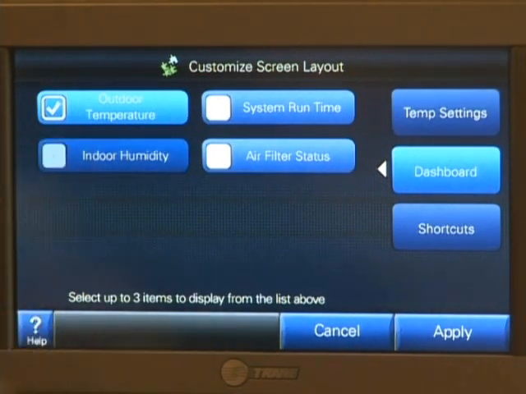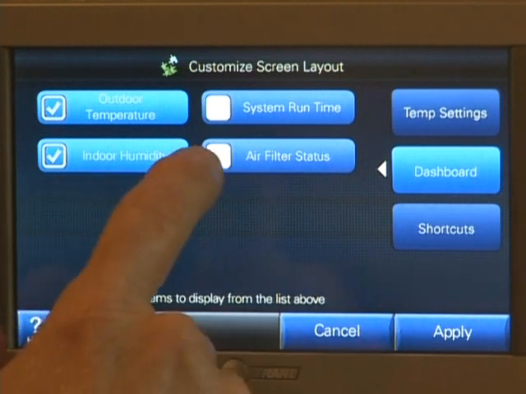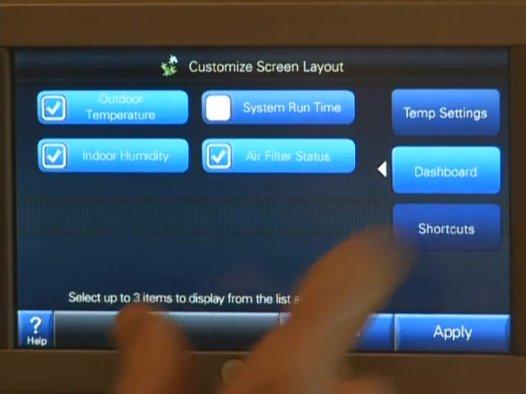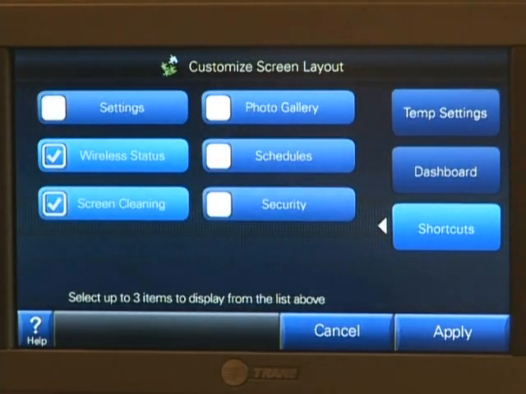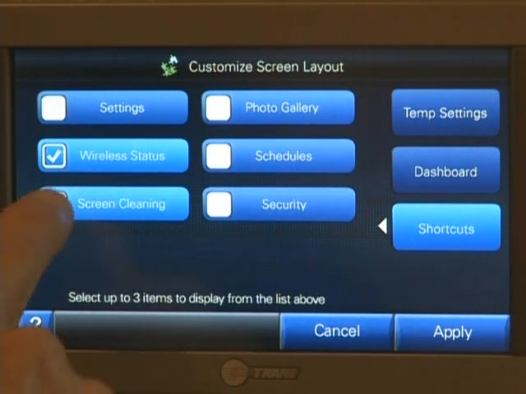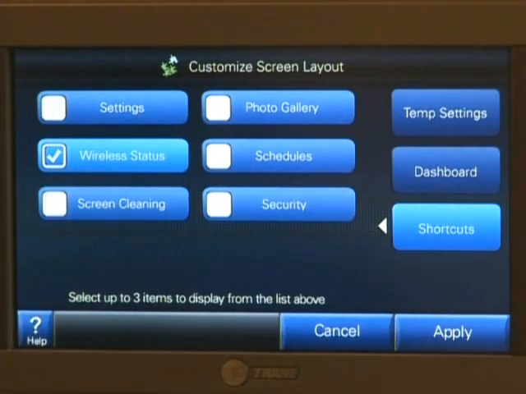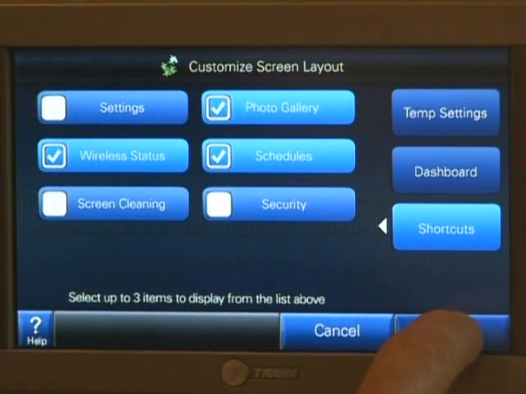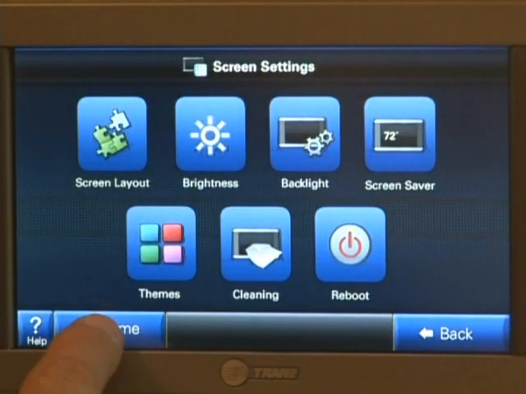If we want to add indoor humidity and perhaps air filter status, we can have up to 3. The last button is the shortcuts, and this was on the upper navigation bar on the upper right-hand side. You can decide what information you want to see. You may not want to see the screen cleaning icon, which would disable the screen so you could wipe it down, but maybe you'd like to have a shortcut to your photo gallery or your schedules. So let's select those 3, hit apply, go back to the home screen,